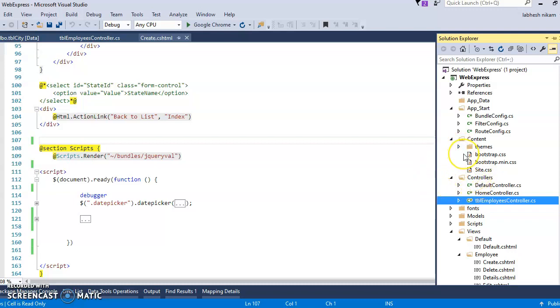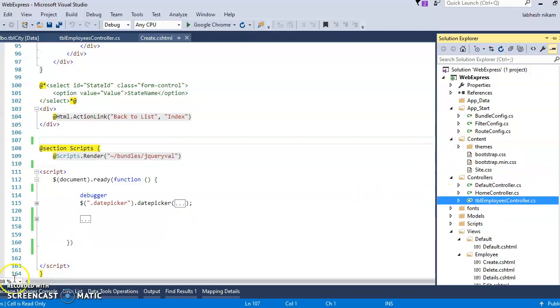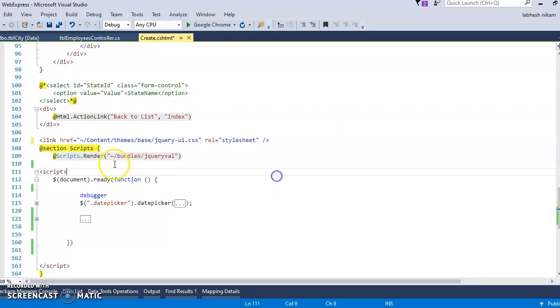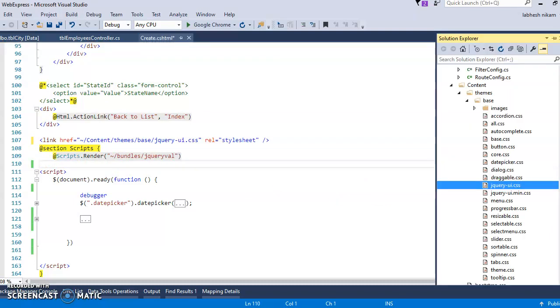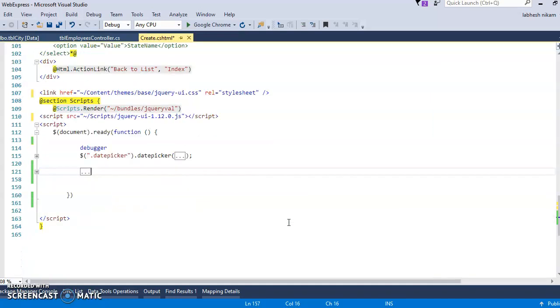It is in the Content folder, this is the jQuery UI CSS, so I have put it here. After this section, I will add jQuery UI.js, which is inside the Scripts folder, this one. Let's add it here.